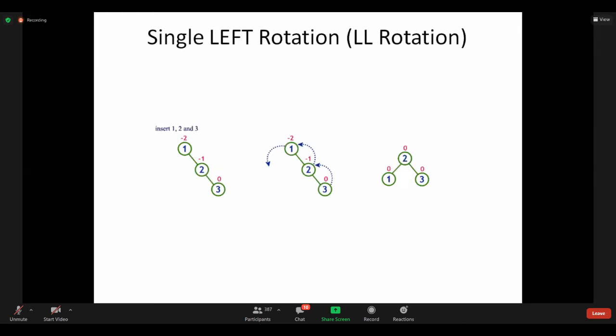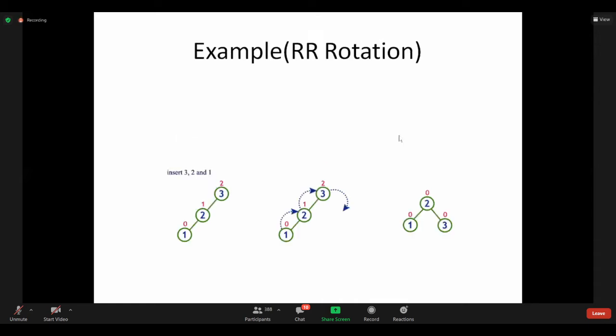The one shortcut for this is making the middle node as a root: after making middle node 2 the root, 1 becomes left and 3 becomes right. This is one best shortcut. Instead of doing intermediate operations, because we have to do the problem directly, no? Then after left rotation, this is the output, and finally calculate the balance factor after performing the rotation also. Then all are zeros. Then the tree is balanced. This is all about left rotation. Clear? Then moving to right rotation.